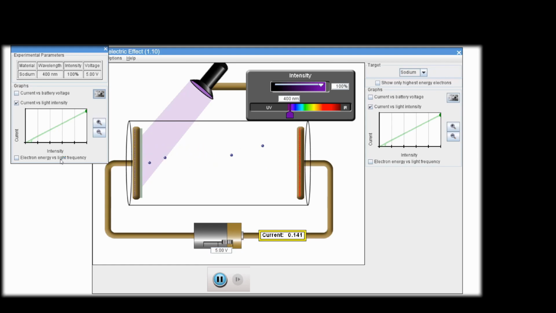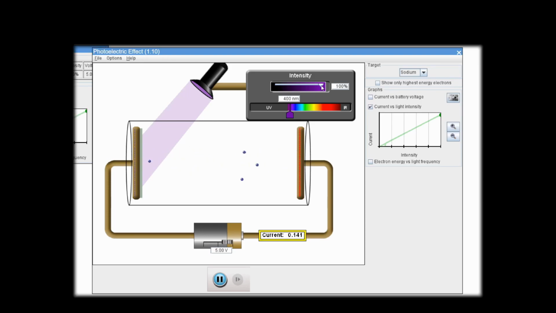A graph between the intensity and the photoelectric current is a straight line. So from the graph we conclude that the photoelectric current is directly proportional to the intensity of the incident light, or that the number of photoelectrons ejected is directly proportional to the intensity of the light, provided the frequency of the incident light is constant. Also it is seen that emission of photoelectrons starts immediately when light starts falling on the cathode. That means photoelectric emission is instantaneous; there is no time lag.